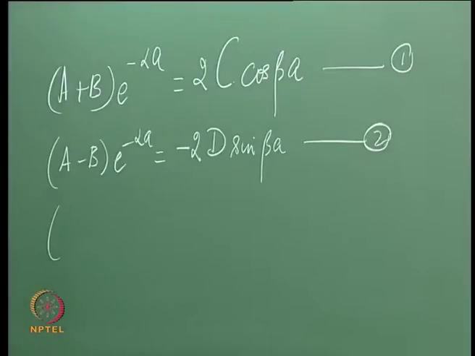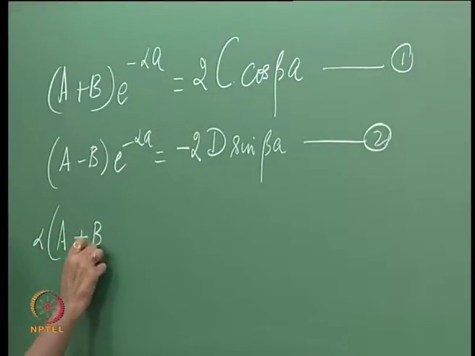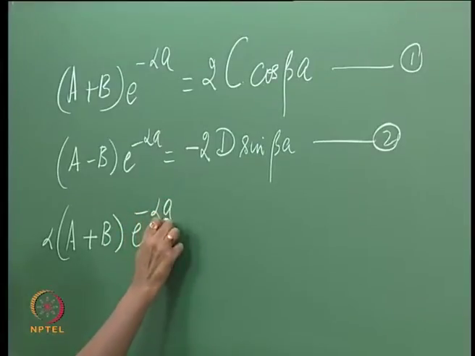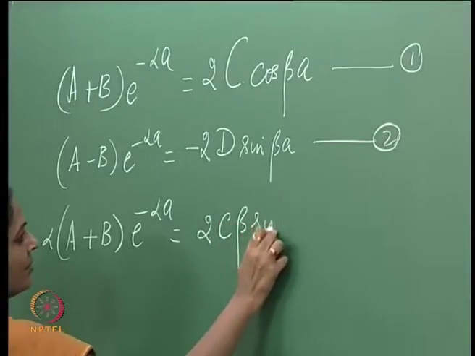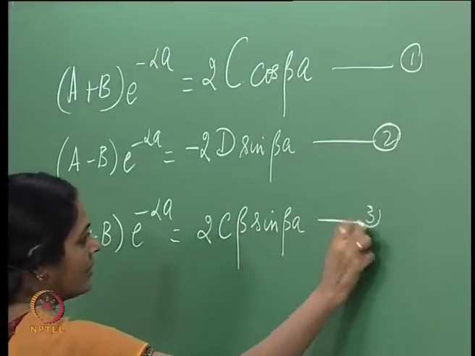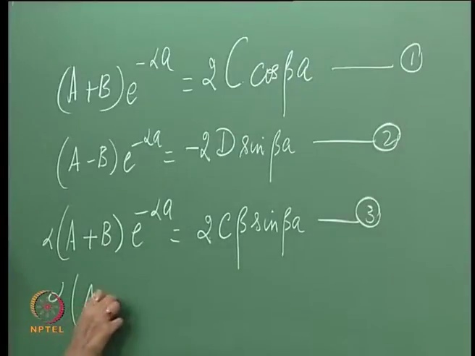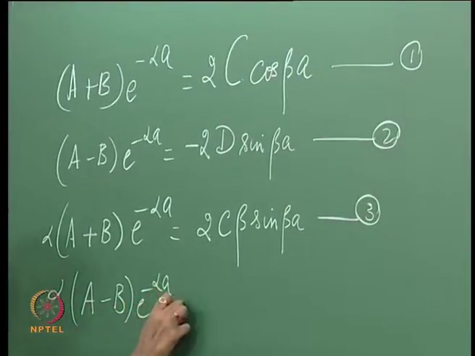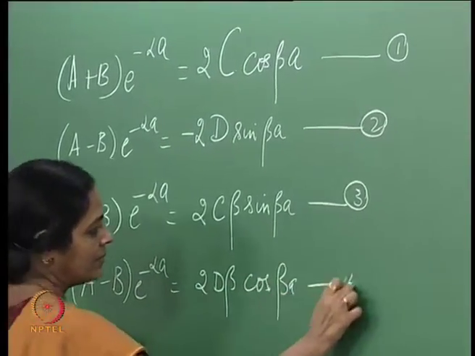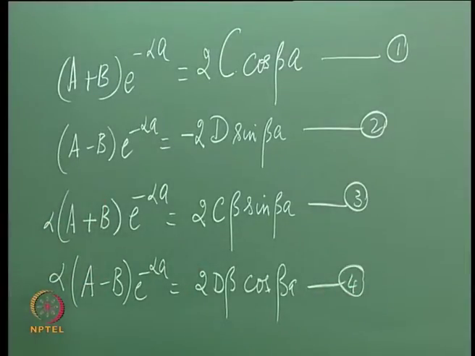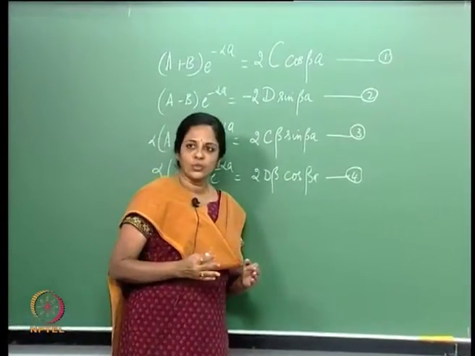And then of course the derivatives, when you differentiated it, it pulled down an alpha or a beta depending on the situation, and you had alpha times A plus B e to the minus alpha a was 2C beta sine beta a, and alpha times A minus B e to the minus alpha a was 2D beta cos beta a. So these were the 4 equations that we had written down, and finally we discussed 2 possible solutions to this problem,